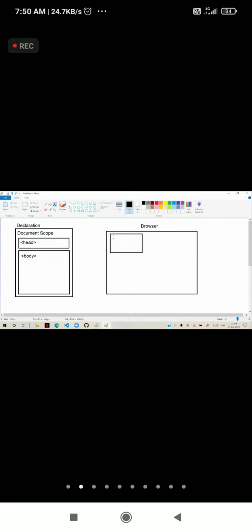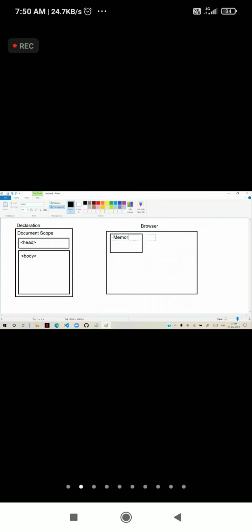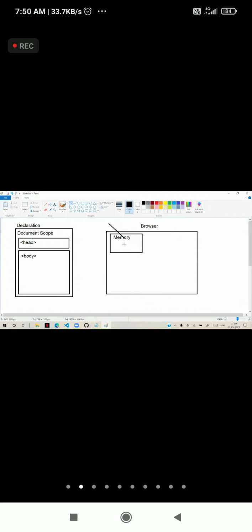Sometimes what happens is that everything will not be directly displayed inside the browser. First, it is loaded into memory and kept in the memory of the browser.